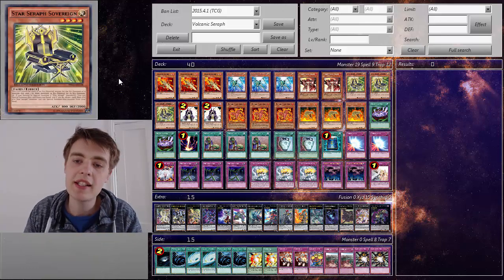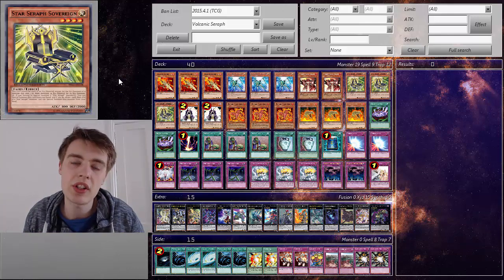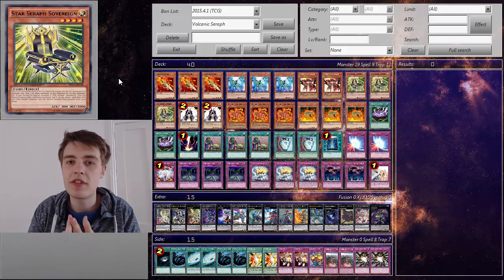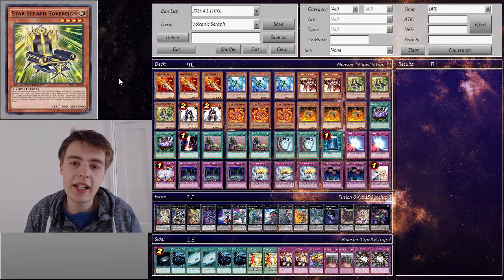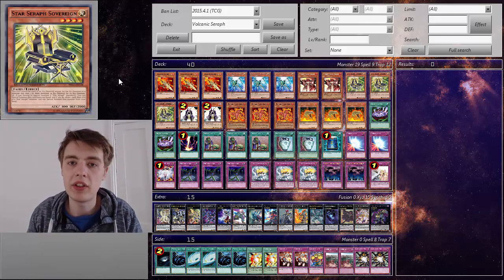Now, here's a few observations I've made with this deck, and I think a few observations I've made about Star Seraphs in general. So the first observation I made is that Seraphs can't be played in everything. Now, this basically means that you can't just chuck it into something like Satellas. You need to create a deck around Seraphs that you can draw a hell of a lot, which is in this case Volcanics,